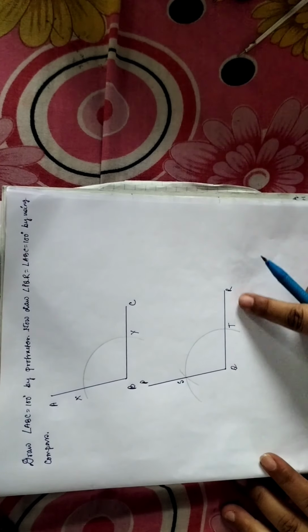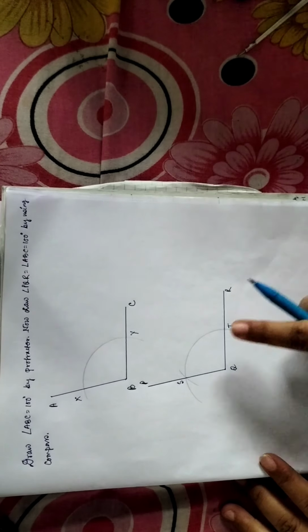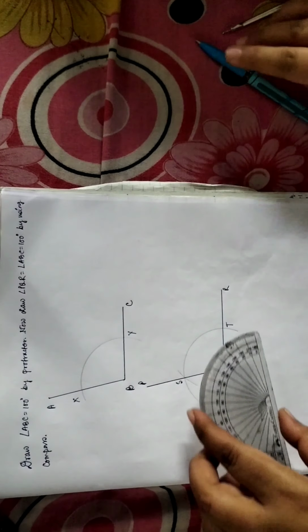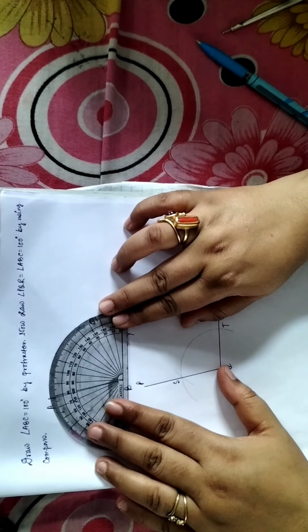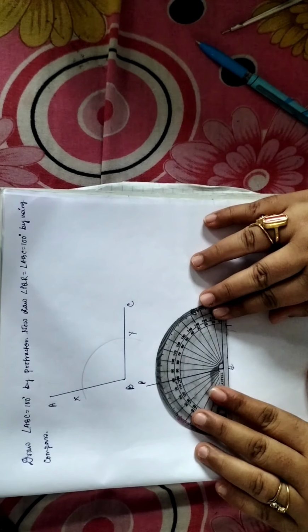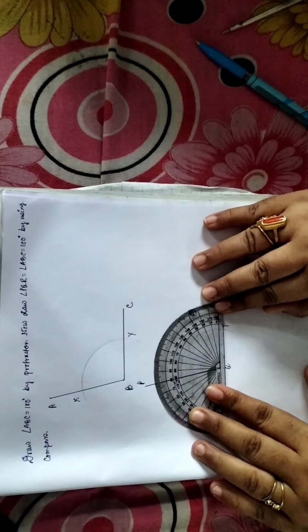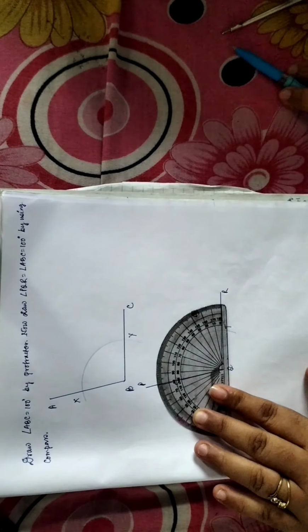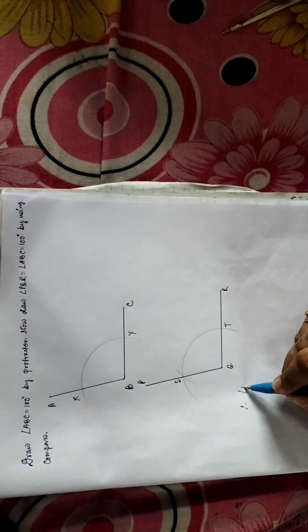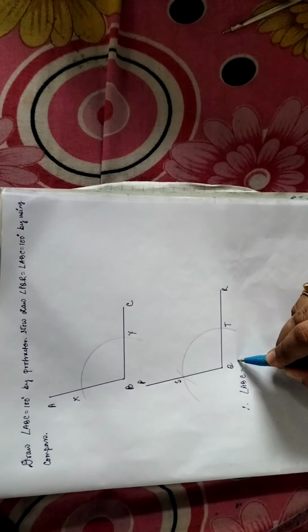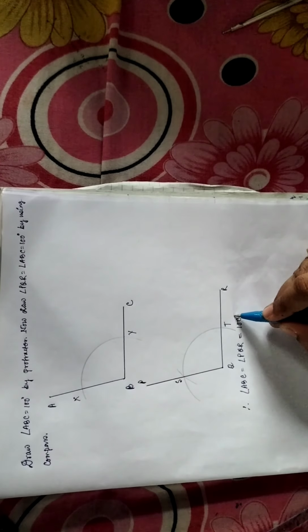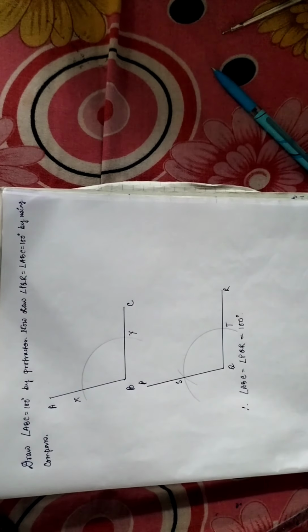So here angle PQR is copied from angle ABC of measurement 100 degree. So here we get angle ABC was 100 degree, and at the same time the copied angle, angle PQR, is also 100 degree. So hence the construction is done. Now we have to write down the justification. So angle ABC equals to angle PQR equals to 100 degree, and hence the construction is done.